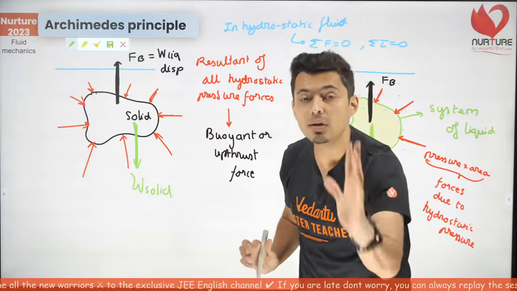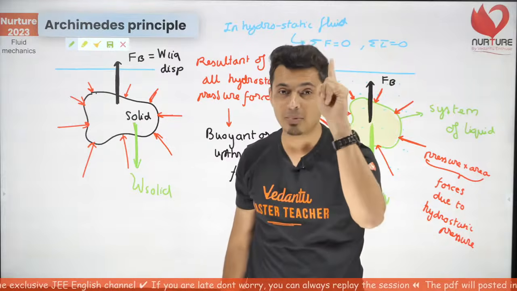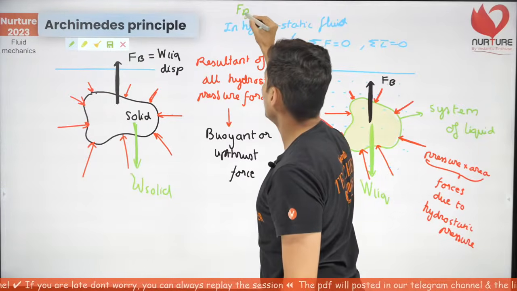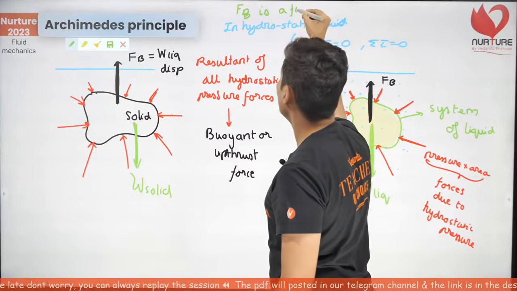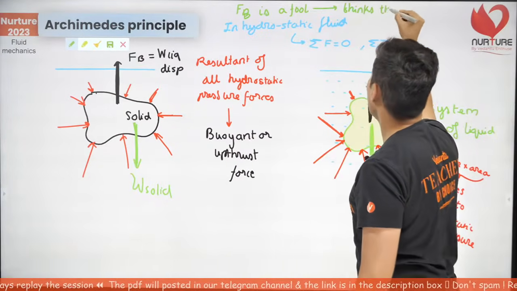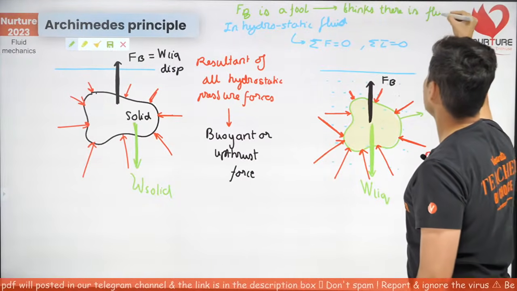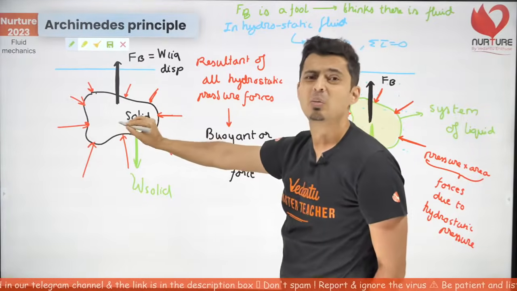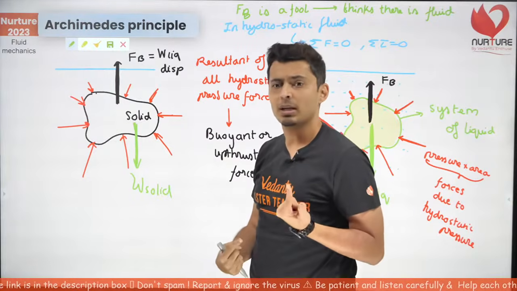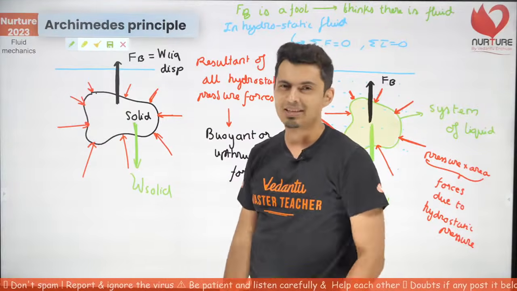It is just going to think, oh, there is liquid inside. Buoyant force is always a fool. Remember this statement. I'm just going to write it. Buoyant force is a fool. And what does it think? It thinks there is water, or basically that fluid, in that volume. So it thinks, okay, there is liquid inside, so I'll just give enough force to balance the liquid. But if there is some heavy metal inside, that's it. It got deceived. The entire solid will sink.